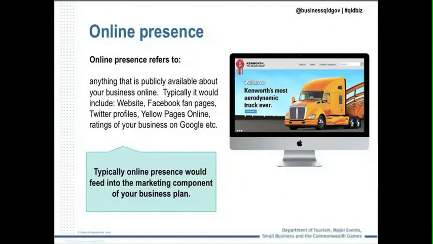But let's start just quickly with online presence. So online presence is anything that's publicly available that people can read and see about your business online. So typically it's going to be things like a website or social media pages or Yellow Pages online or review forums, sites like the Google ratings and so forth. It's important to ensure that all your digital channels are frequently updated. One of the key things, and I'll extrapolate on this in a moment, for search engine optimization, so search engine optimization is where your website is ranked in a Google search for keywords that apply to your particular business.